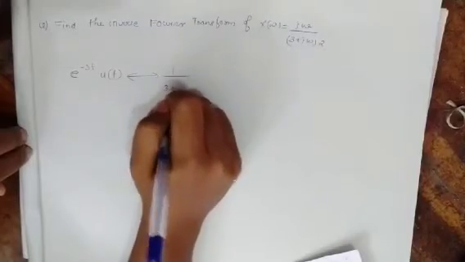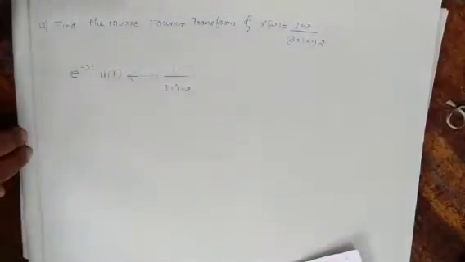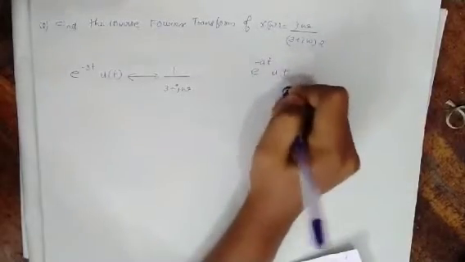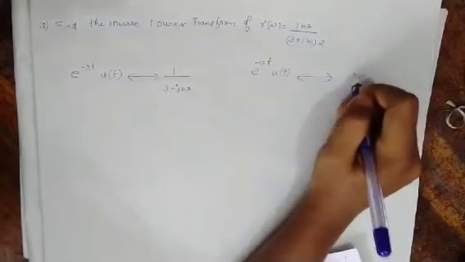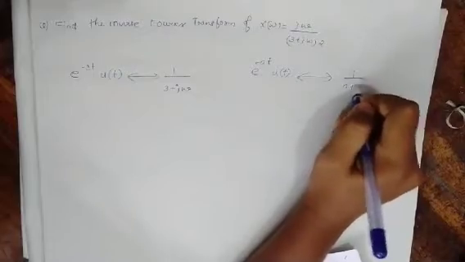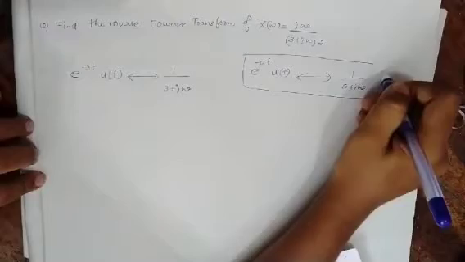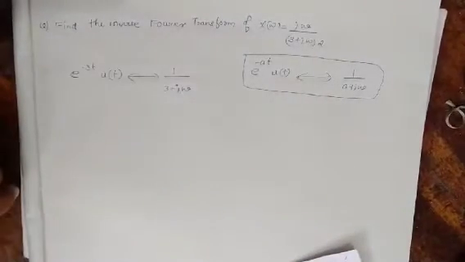divided by 3 plus j omega. Okay, so please keep this in mind. e raised to minus at u of t has a Fourier transform equal to 1 divided by a plus j omega. I have used that. Okay, so this is a frequently used Fourier transform pair,